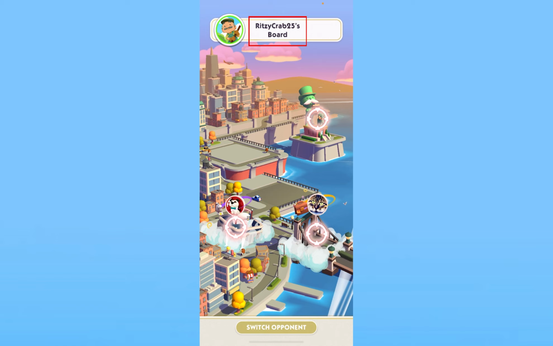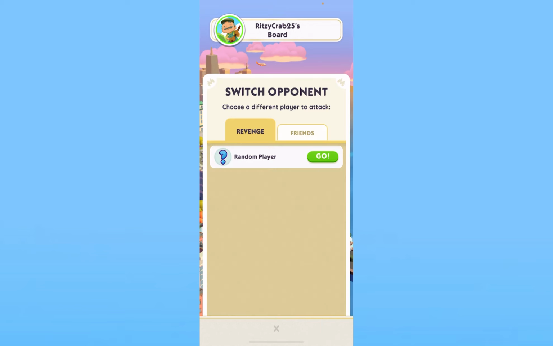But let's say you don't want to attack this person. You want to attack your friend. In that case, you need to click on switch opponent at the bottom. Once you click on switch opponent, it'll bring you to this area. From over here, you can see the friends tab. Click on it. Once you're in your friends tab, it is going to show you a list of all the